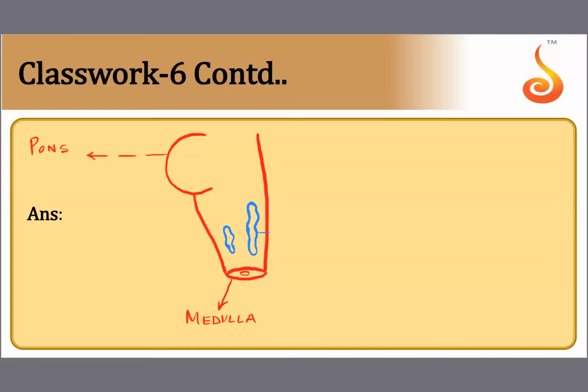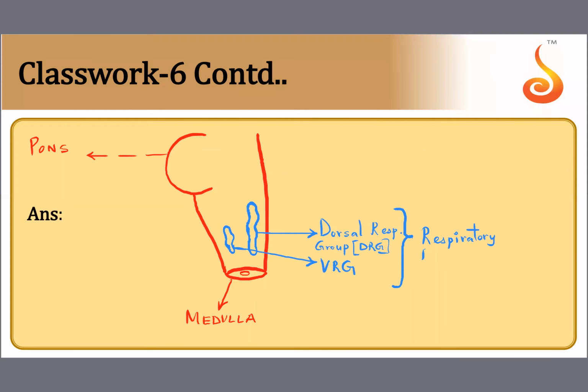Now this one on the back is called the dorsal respiratory group. It's a population of neurons actually. So we abbreviate it as the DRG. And the one below, let me label it this side only, is called the ventral respiratory group, or simply the VRG. Collectively, these two are called the respiratory